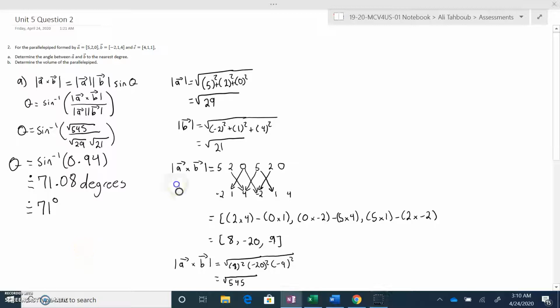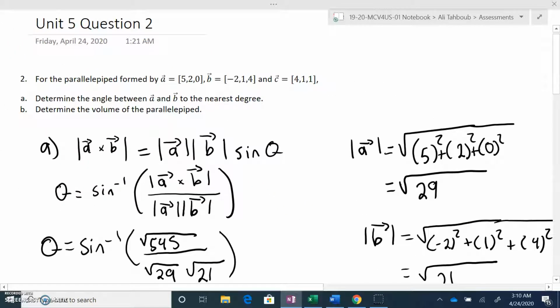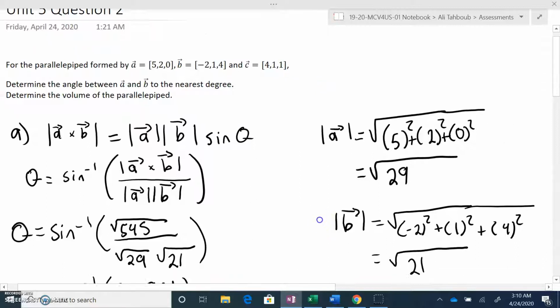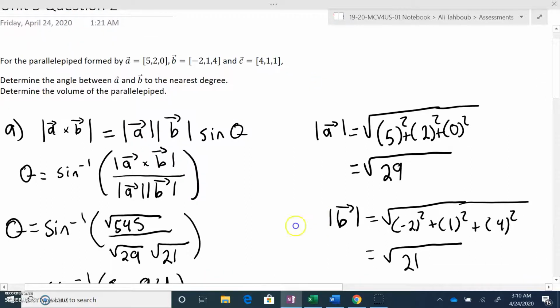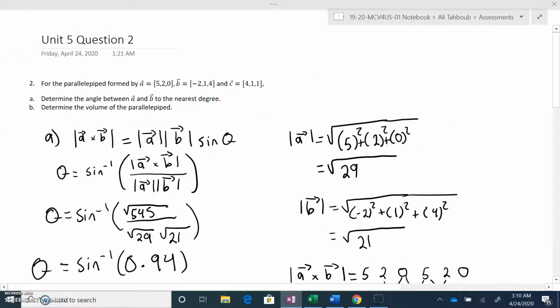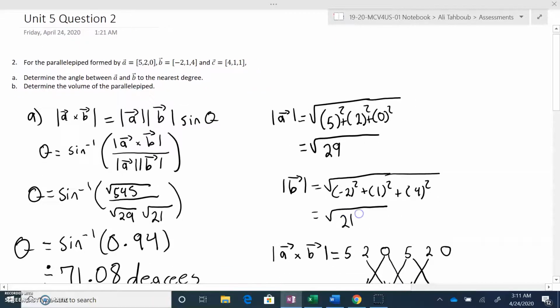Hello, so for my second question, I was given a parallelepiped, which was formed by vectors A, B, and C, as well as the coordinates of vectors A, B, and C. And then for the first question, I was asked to determine the angle between vector A and B to the nearest degree. So to find the angle between A and B, I knew that we needed to derive an equation